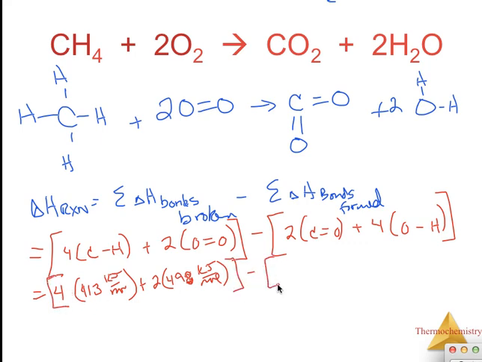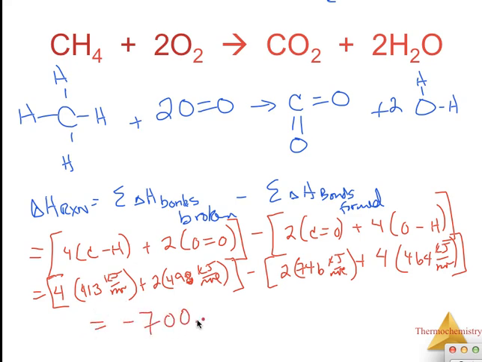Minus 2 times the C double bond O, which is 746 kilojoules per mole, plus 4 times the O-H bond, and the O-H bond is 464 kilojoules per mole. Put that in the calculator, and I get the delta H of the reaction as negative